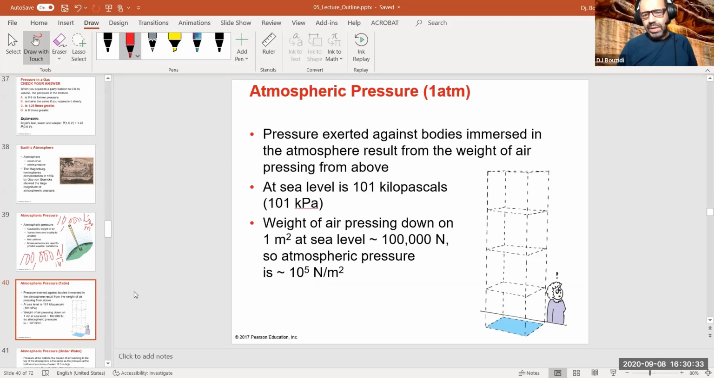Okay, 101,000 pascals. That's the atmospheric pressure that we're all sitting under right now, and we're subject to wherever we move on the Earth. The weatherman talks about slight modifications. So when he says that the pressure is rising or the pressure is falling, it's a small fraction from this